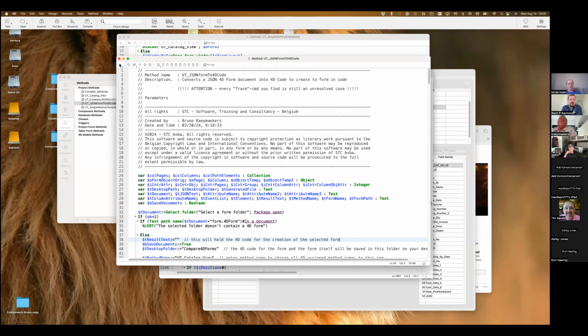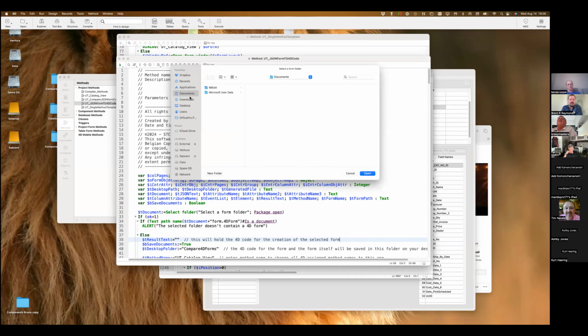So if I run this one, and I go to the project sources, forms. This is the real form that the form editor creates when you're in project mode.